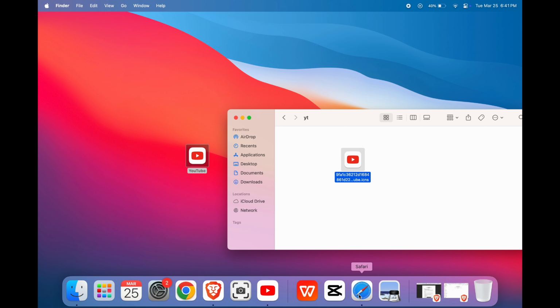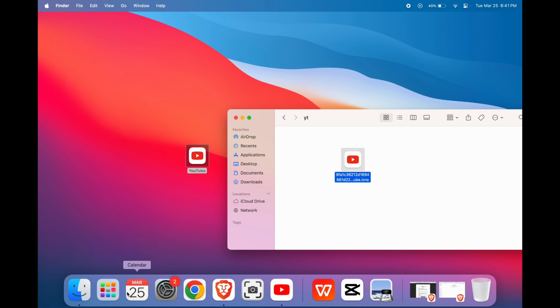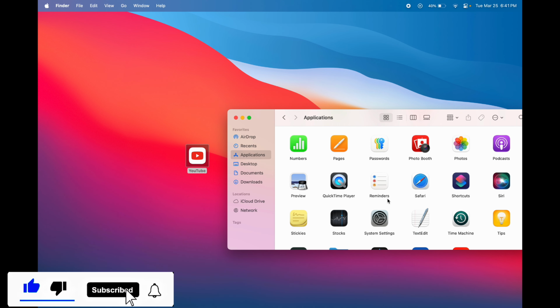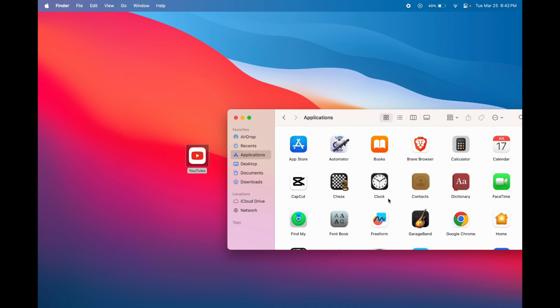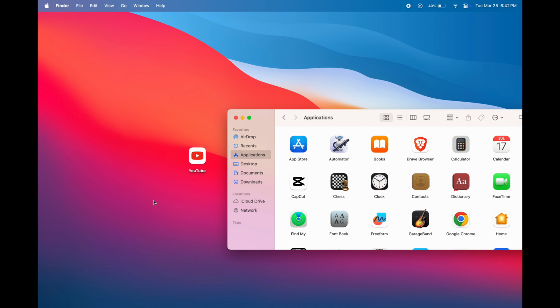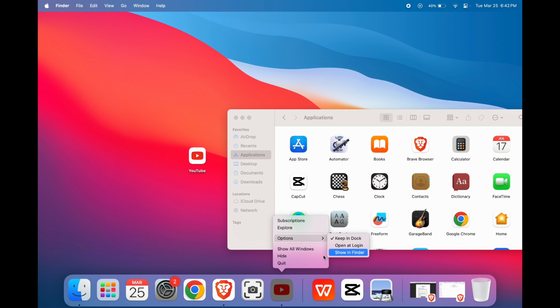And even if I don't have my Safari, let me go ahead and just quit Safari. And let me also go ahead and uninstall. Let me go to Finder and Applications. Let me uninstall the previous one that we added initially, which was the YouTube. This one. And I'm going to go to